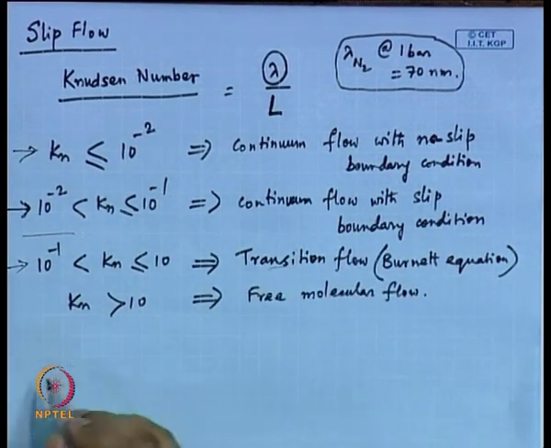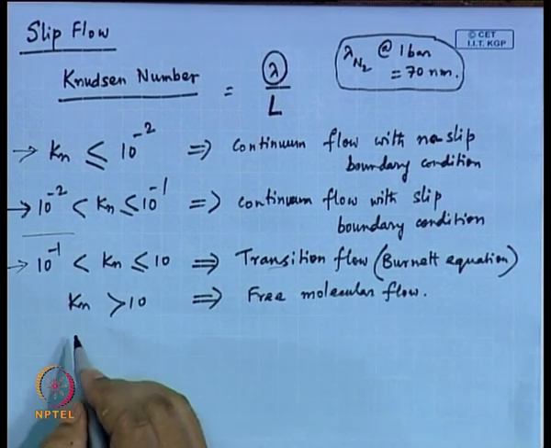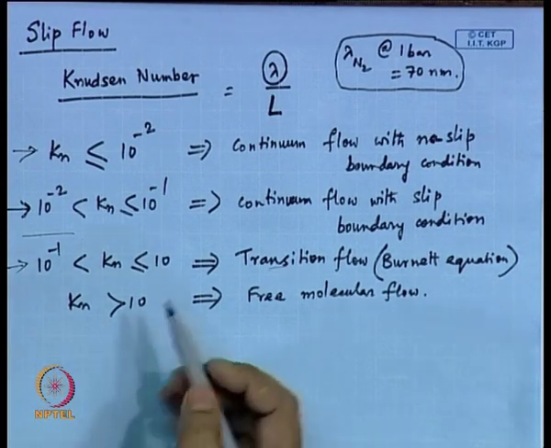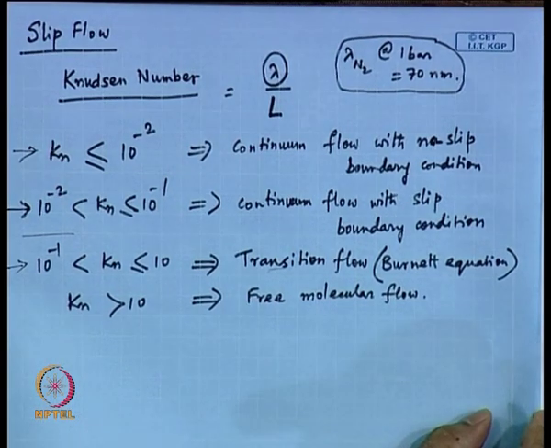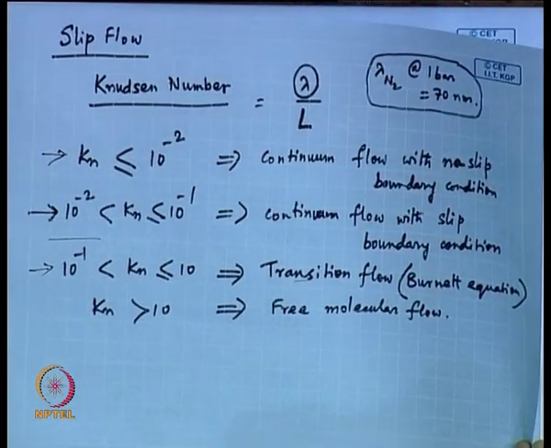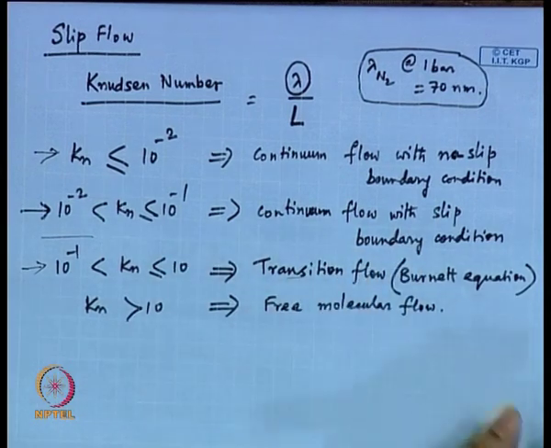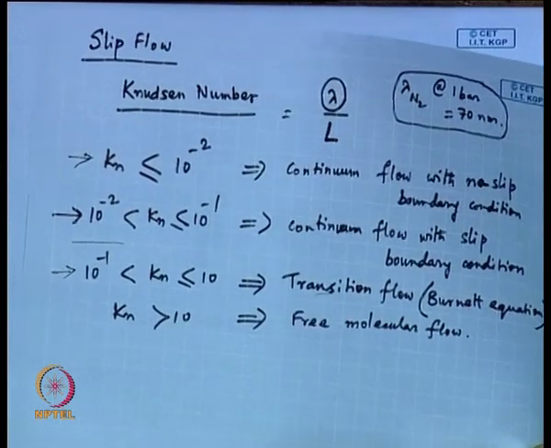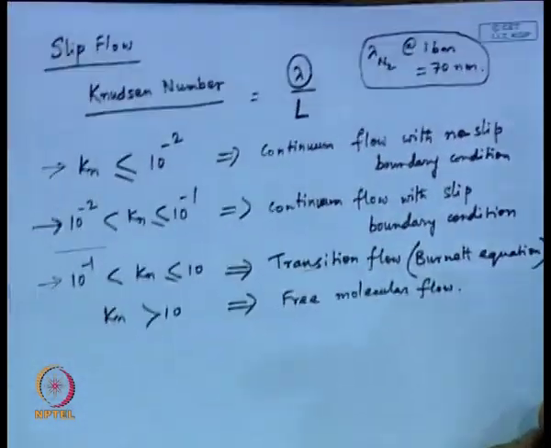Continuum flow means you are using Navier-Stokes and heat and mass transfer equations. Now, continuum field quantities are what would be considered in a continuum flow. So we would be directly picking up this continuum flow with slip boundary condition, and what we would be discussing, probably, will spill into the next class, is something called a micro